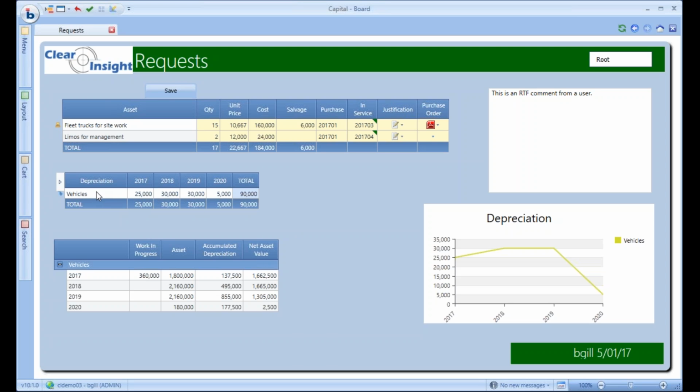It's rolling up to the asset type, or probably the asset category type by year. And we also see that across the different accounts, and a nice little chart for the depreciation expense over time to the asset